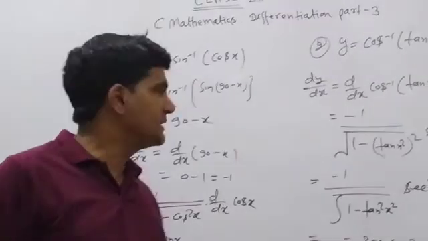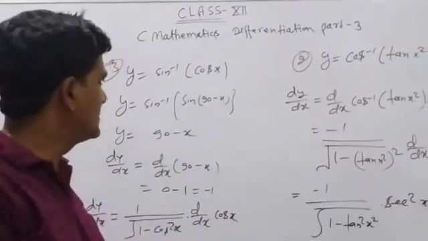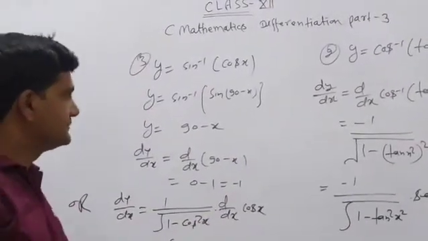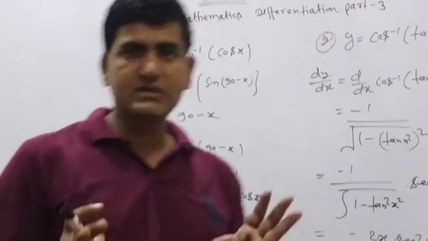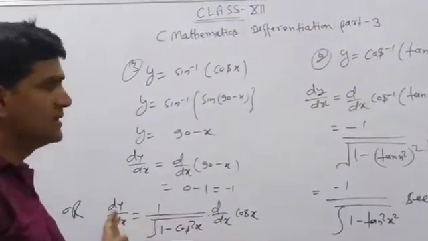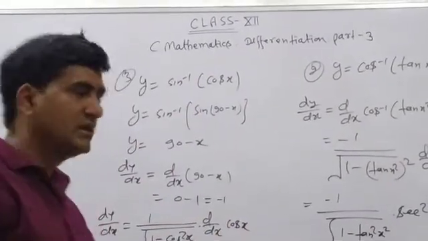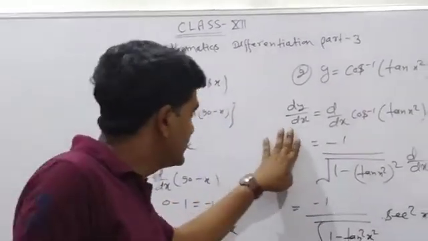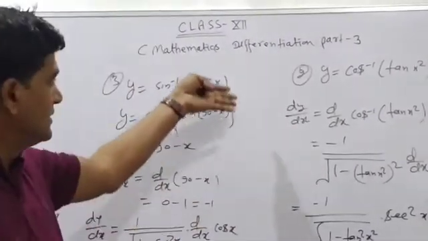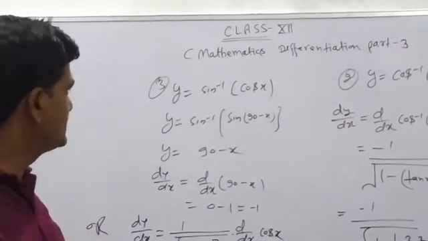All the options you can apply depending on whatever is simple for you, and whichever methods are very simple for you. You can apply them in any questions, any problems. But at last the answer should be correct. Don't just solve any question somehow and whatever answer comes, say yes, this is my answer. No. How will the answer be correct? Use the proper formula and do the proper calculations. During calculation, the answer will come automatically.